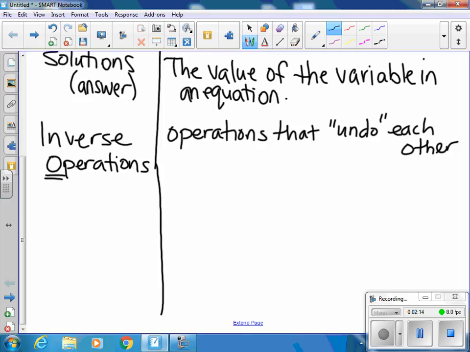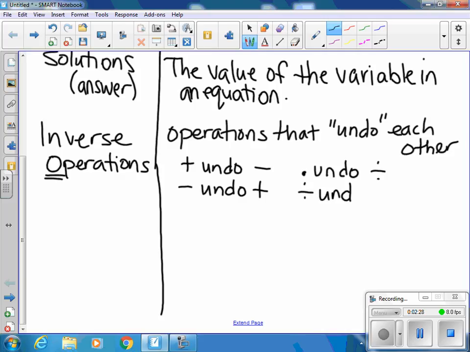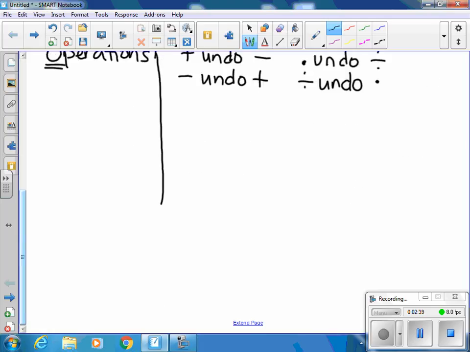So there are four main ones that we are going to have to make sure we understand, and that's addition will undo subtraction, subtraction will undo addition, multiplication will undo division, and division will undo multiplication. And those are the main four that will get us through all of the equations that we will have to do this year. Right? Before we go into the examples, there's some key points that I want to emphasize to you